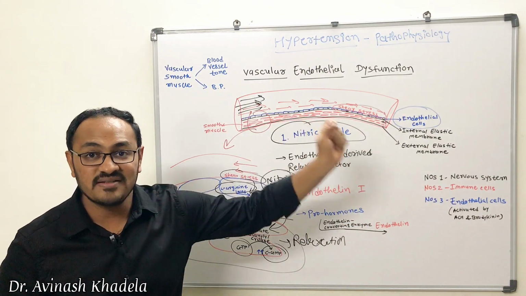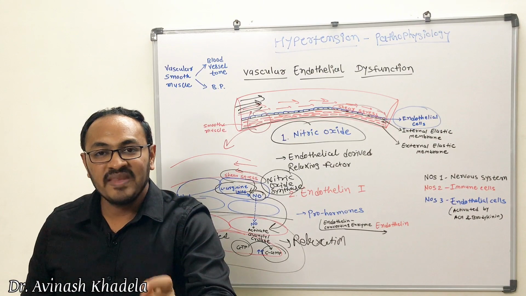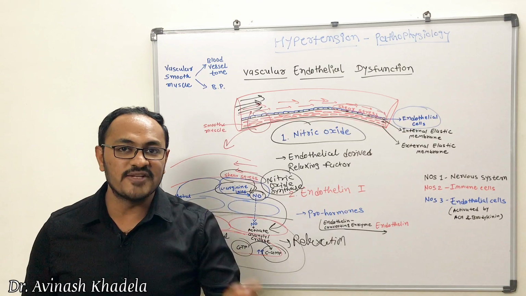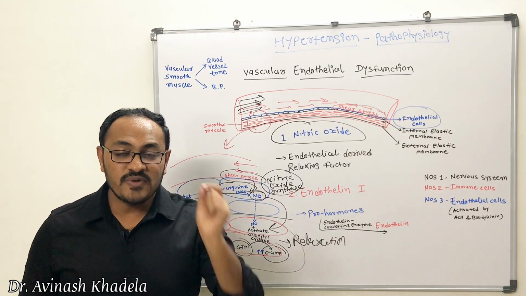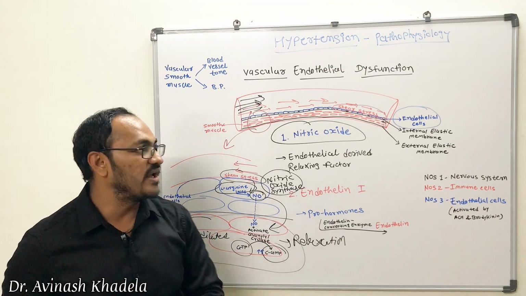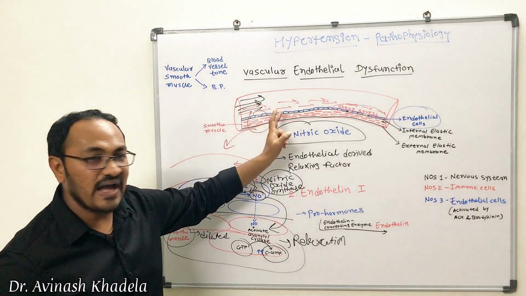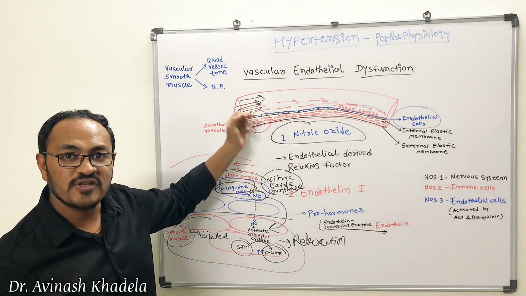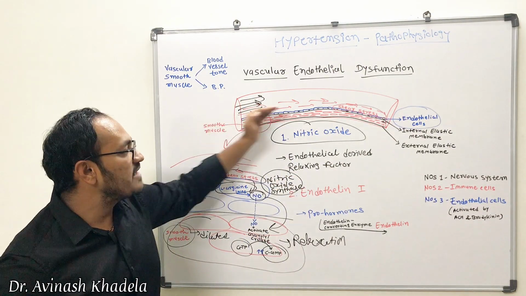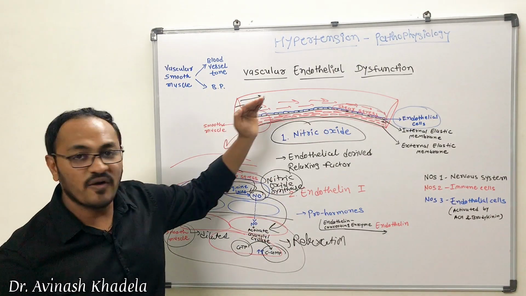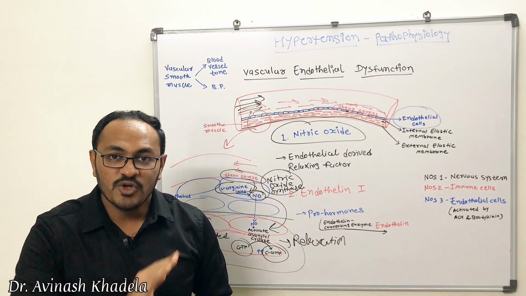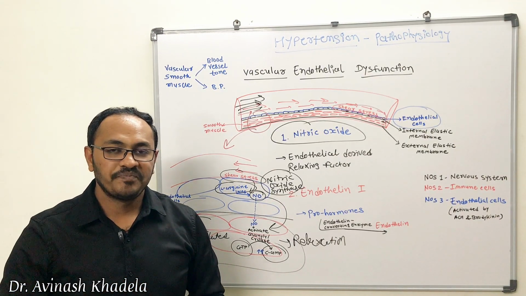When these endothelial cells get damaged completely, they cannot synthesize nitric oxide, and nitric oxide is a potent vasodilator which is responsible for the relaxation of smooth muscle and dilation of the artery as well as vein. So if the pressure is very high, because endothelial cells are directly exposed to the flow or force coming inside the artery or vein, it will damage the endothelial cell, and because of this damage, there will be no synthesis of nitric oxide, and no vasodilation mediated through nitric oxide,